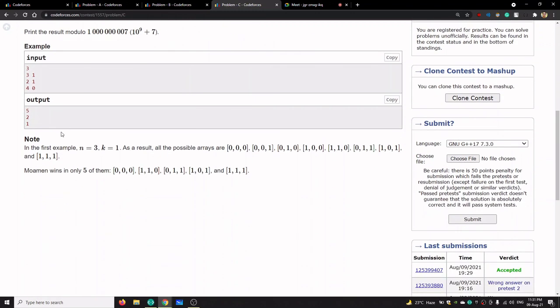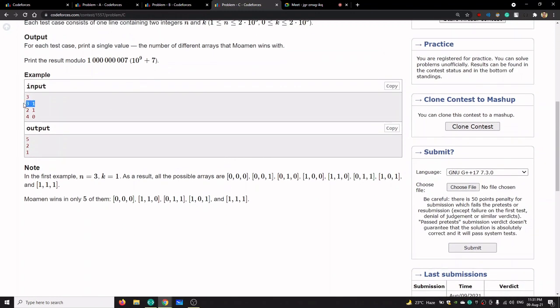Okay, so here is the example in which n is 3 and k is 1. That is, every number's binary representation bit size would be equal to 1, and we can have three numbers in our array. So these are all the possible combinations that we can have, and in these five combinations, taking AND will give us greater than or equal values than taking XOR, like the AND of 0 0 0 is equal to 0 and the XOR of 0 0 0 would also be equal to 0.